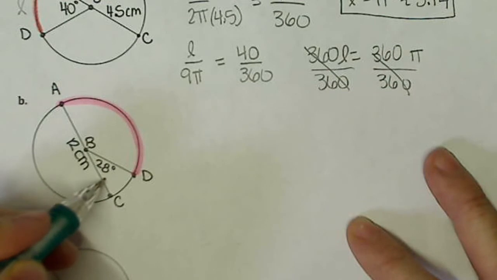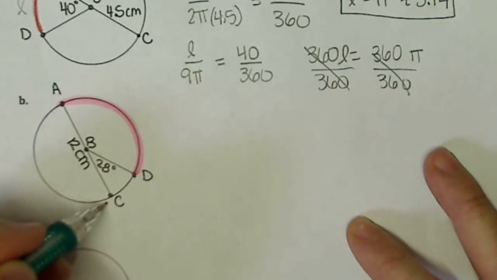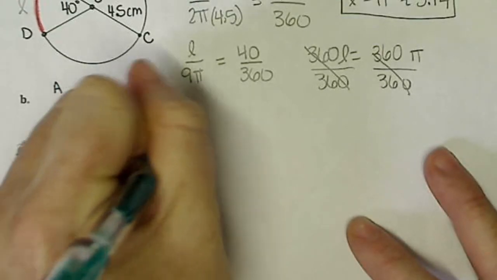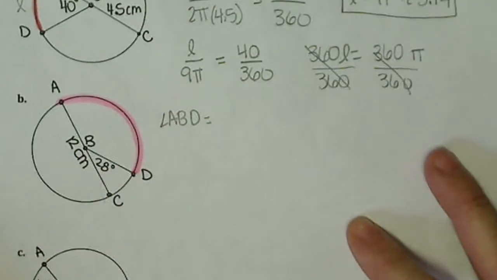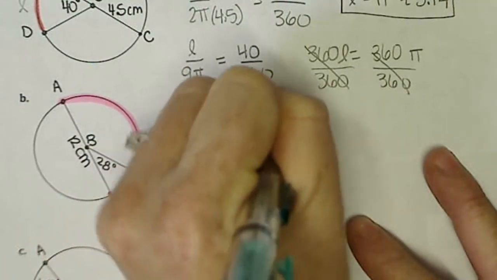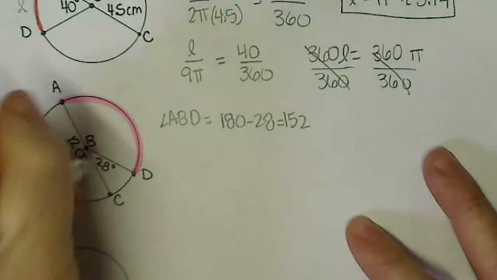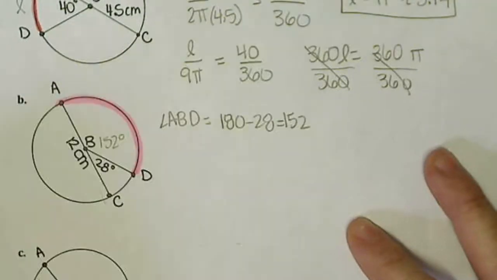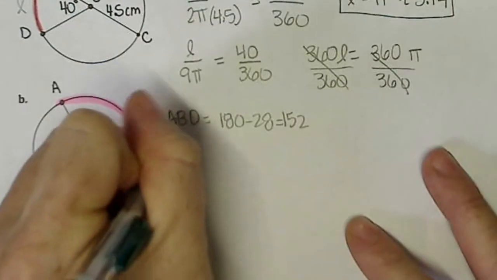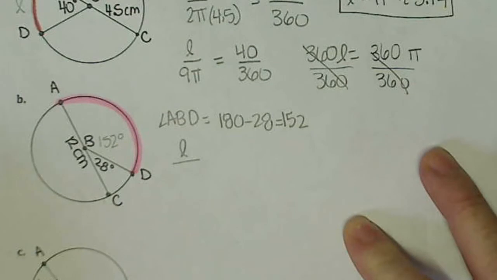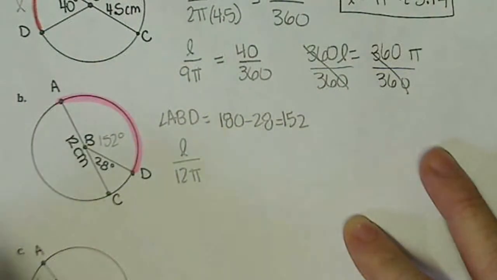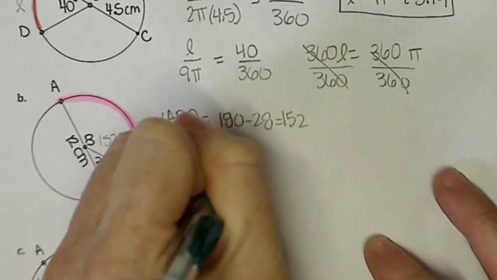I know that this is 28 and I know that this is a diameter, so I can find angle ABD by doing 180 minus 28, which is 152. All right, let's plug it into our proportion. We've got L over 2 pi r, this time we have a diameter, so we can just put 12 pi, equals 152